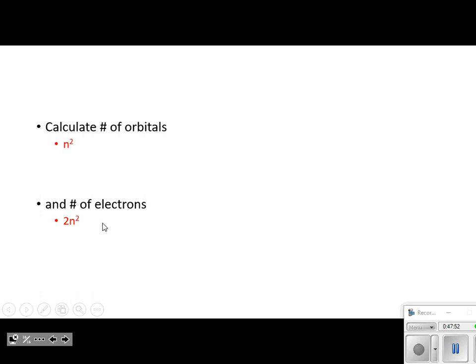Okay? What about the 3rd energy level? How many orbitals on the 3rd energy level? What's 3 squared? 9, right? What's 9 times 2? 18. So I have 9 orbitals and I have 18 electrons on the 3rd energy level. Okay? Now, the best way